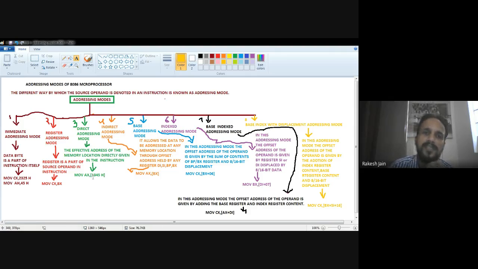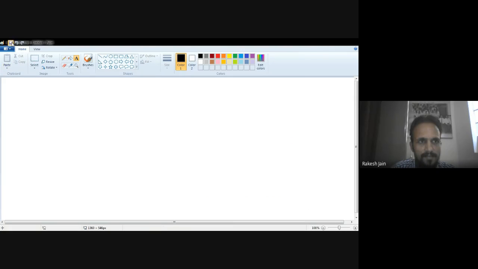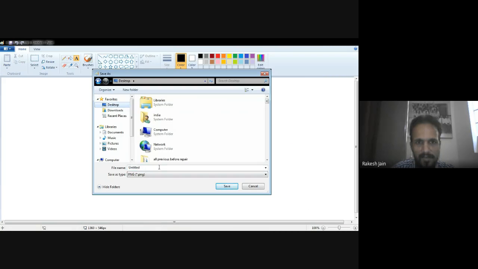Now we just see certain objectives on those addressing modes. I just save this file, and now I am going to show you some objective questions on this. So I just save this file, and we open a new file.